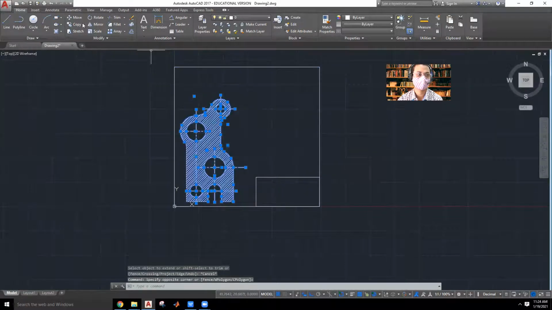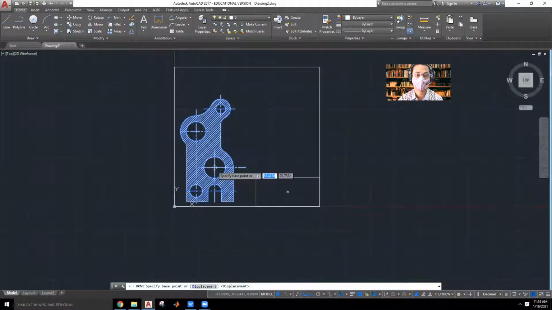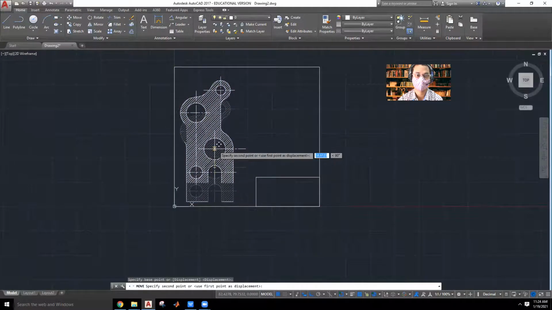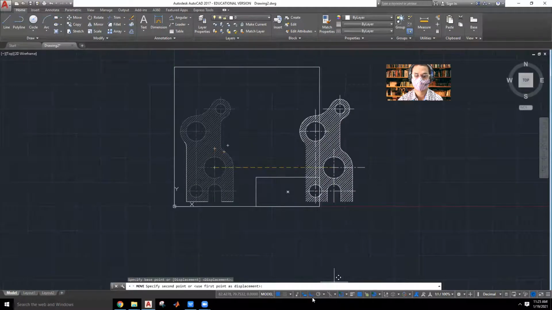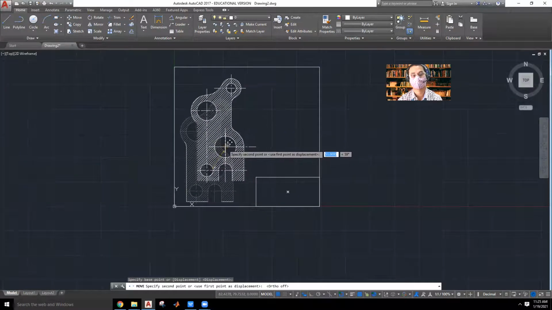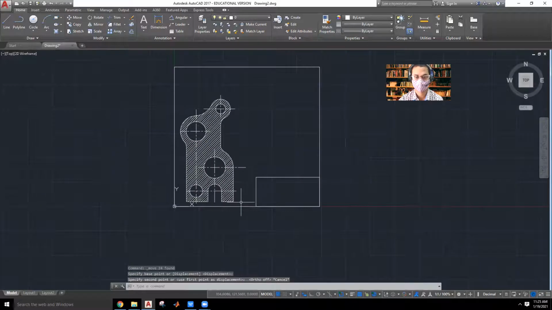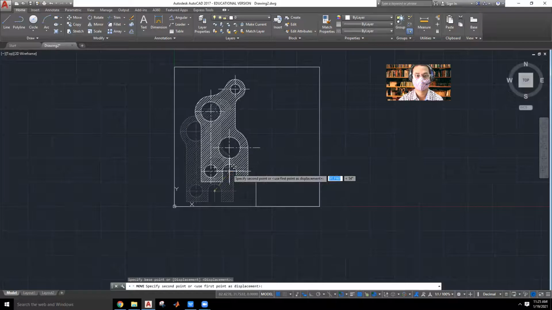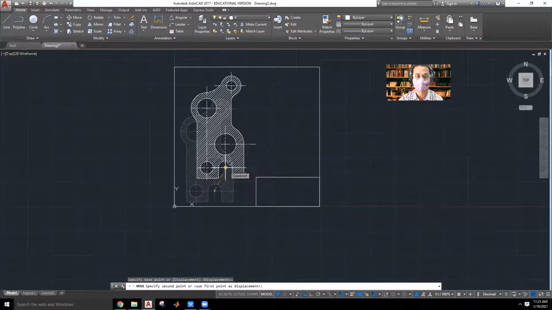I'm moving this above so that it is clearly visible. Put F5 auto off so that it will be placed at the center. Everything is selected. Click on move command, select this base and then move anywhere.